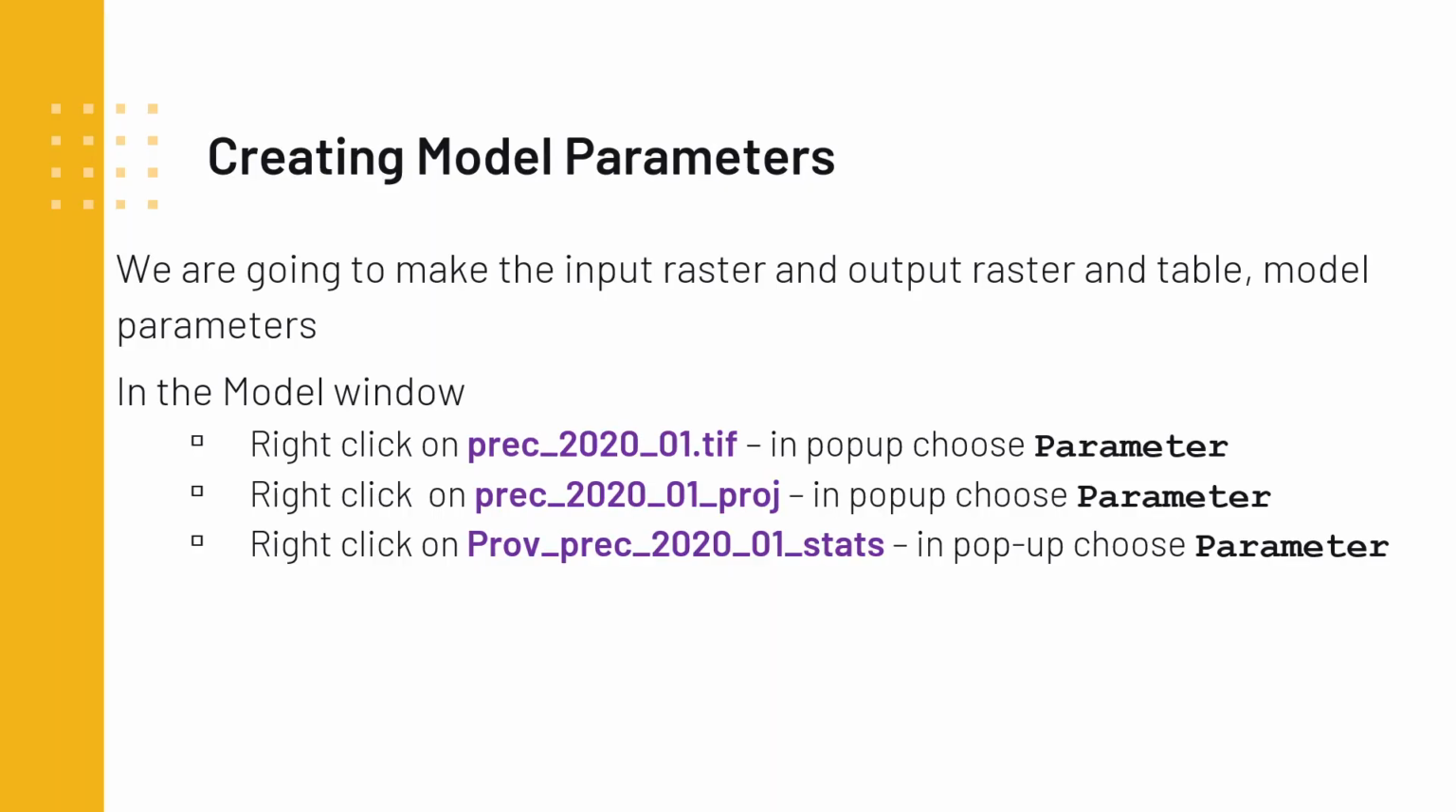So we're going to go and make some model parameters for our model. So specifically, we're going to make model parameters of the input raster, the output raster, as well as the table. So how do you do this? You're going to make sure you're on the model window. You're going to right click on the PREC_2020_01.TIFF. This is going to bring up a pop-up. You're going to choose parameter. Again, you're going to do the same thing. You're going to right click on